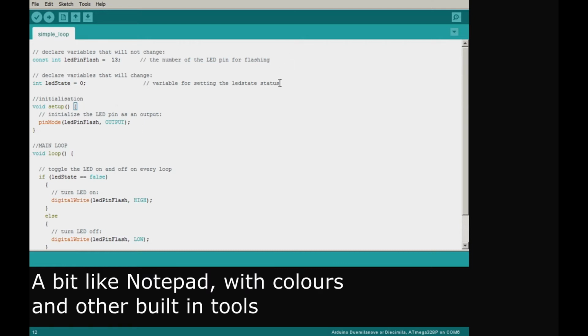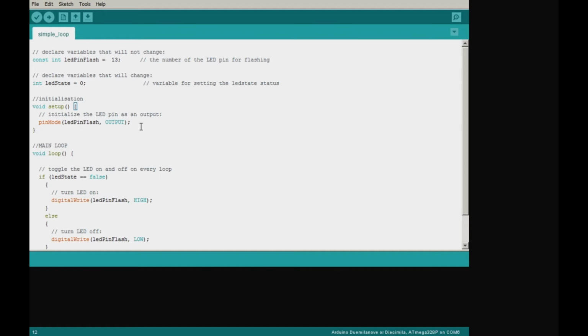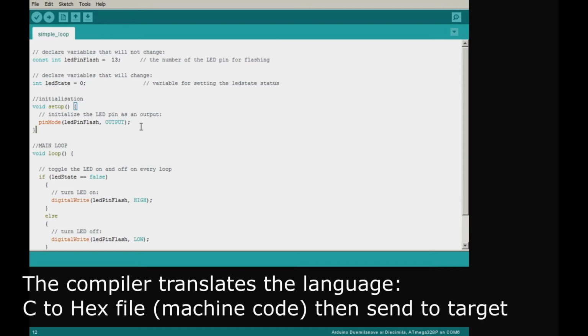There's nothing too special going on here. It's all very simple. The only difference is that we have some buttons up here which allows us to do a compilation, which takes our code, our C language, and then converts it into hex files, into a .hex file, and then sends that to the target in what would be machine code instructions that the microcontroller can then read